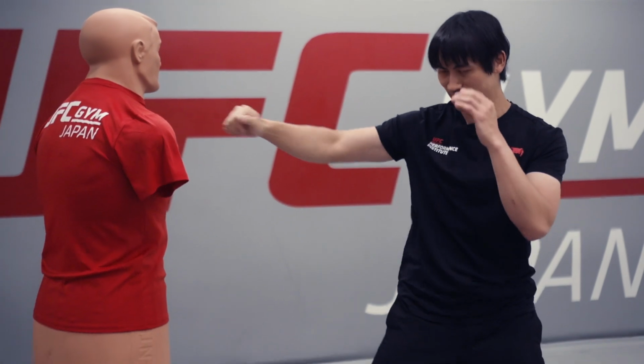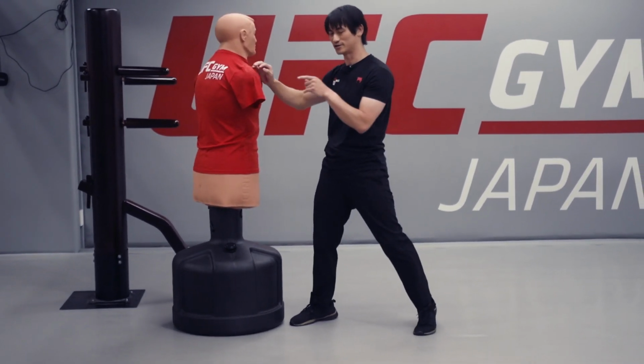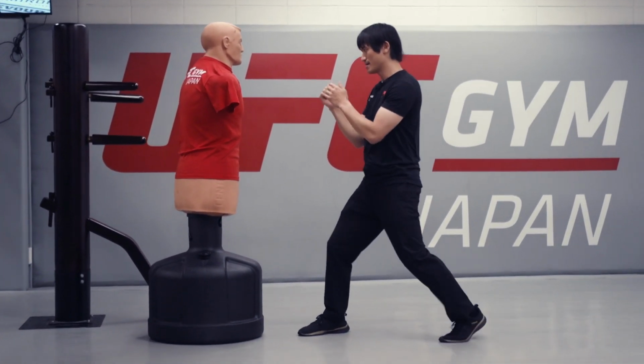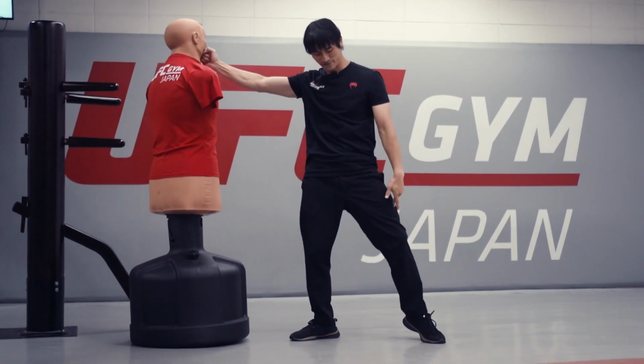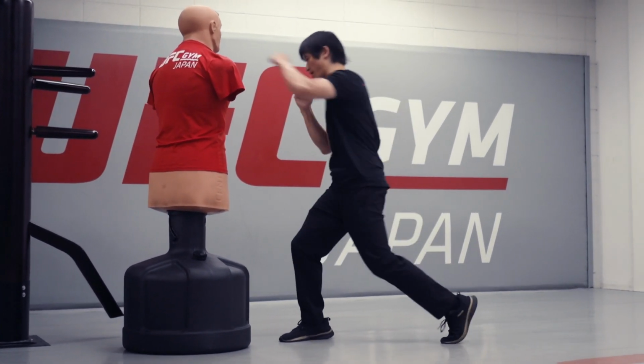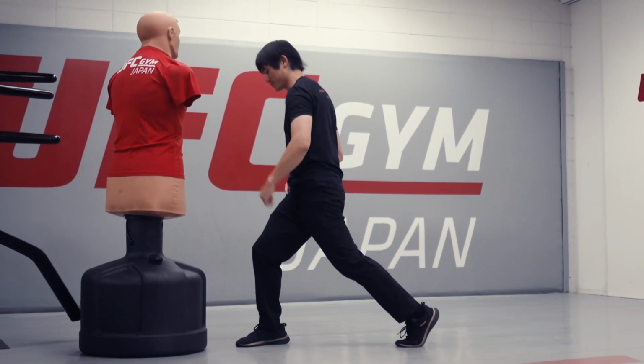Sometimes the weight goes back, right? Unless you're using power jab. A power jab, of course, steps in and throws more like a straight lead. But instead of using the elbow coming up, I'm keeping the elbow down. I'm pivoting that rear foot now, and all the way goes to my lead foot, just like you would do with a cross. The cross also has power because I pivot off the back foot, and I'm putting weight into